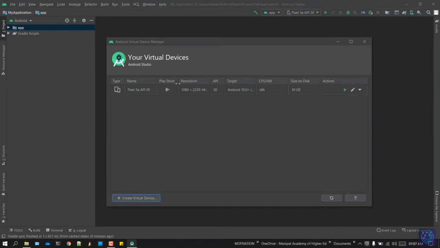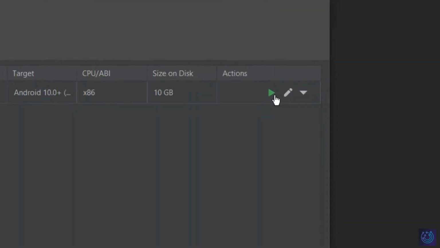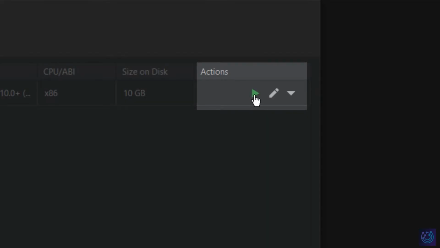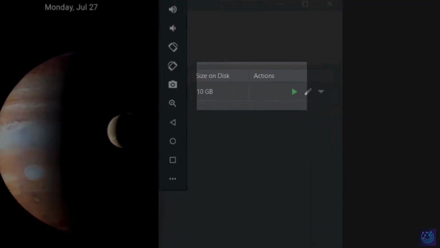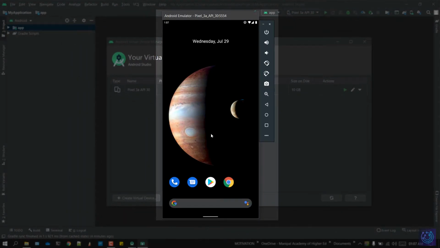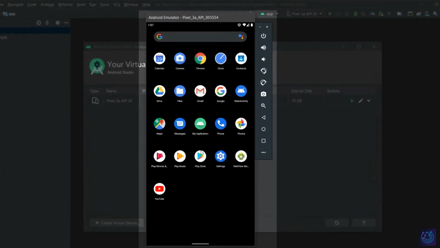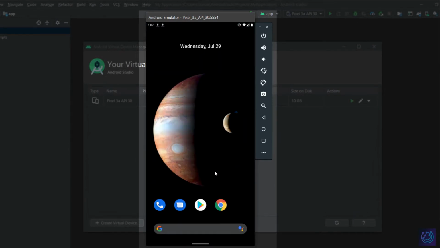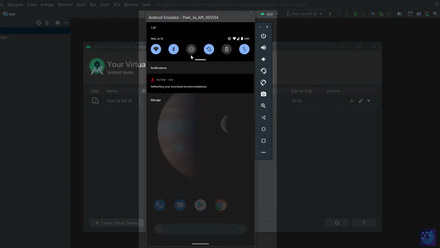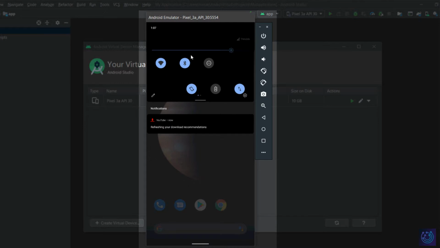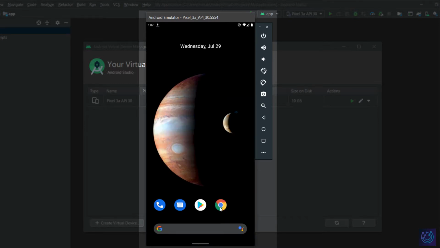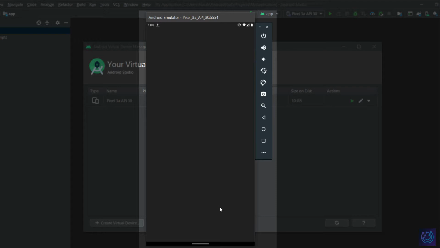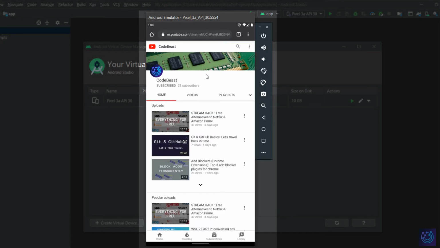After that, you'll see a strip like this. All you have to do is click on the green colored play button. A device will boot up. You can log in using your Gmail ID, and your touchpad will work as the touchscreen. Scroll up with two fingers to open the menu bar, scroll down to close it. Scroll down to open the notification bar and scroll up to close it. So all you have to do is go to Chrome, and once you open it, it will give you a sign up prompt. Put in your email ID. Once that is done, you're ready to go.